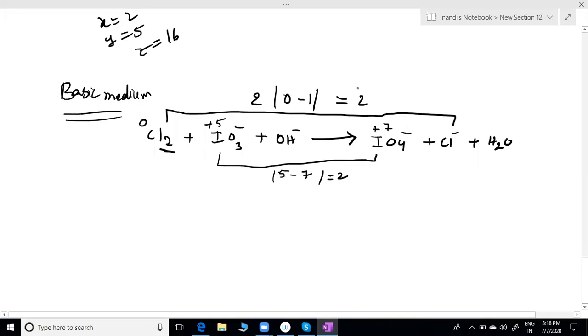Again, we are taking the simplest equation. In that case, 2 and 2 will be cancelled. Same number means that will be cancelled. You won't get anything. So if you want, you can write; otherwise, 2 and 2 will be cancelled. Whenever they are not cancelling, then you can crisscross. If cancelling, no need to write crisscross. If you want, you can note that point also. If they are equal numbers, then you can cancel.